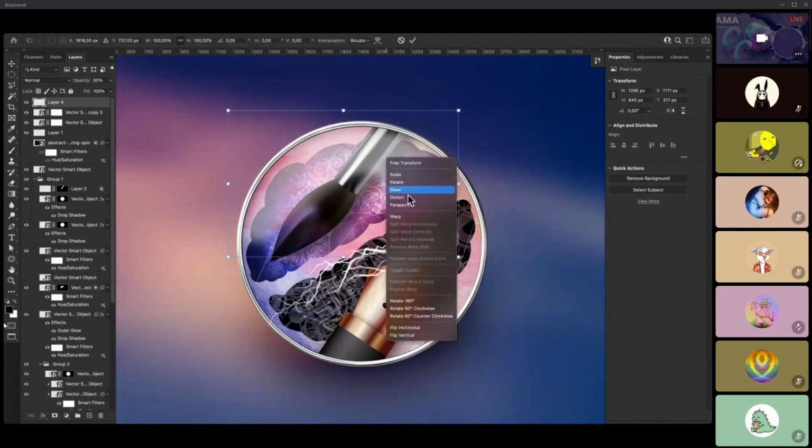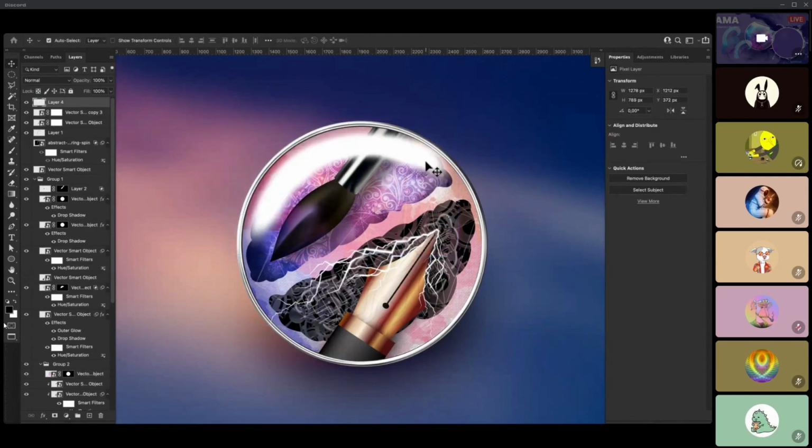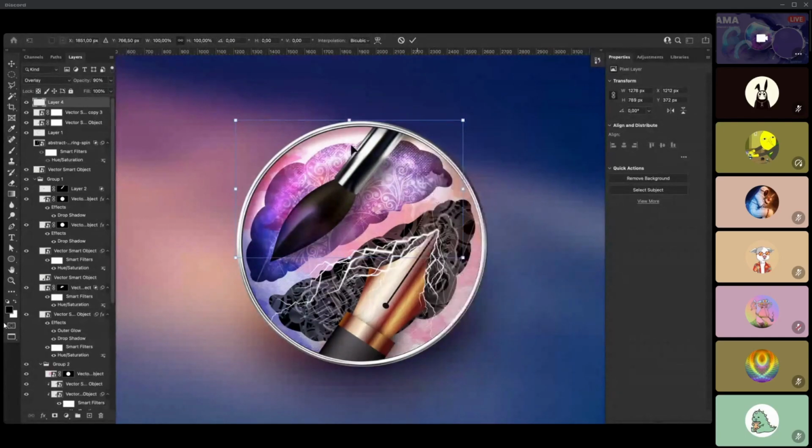You can further warp it. Make it more thin. And this can be blended better with warp again.